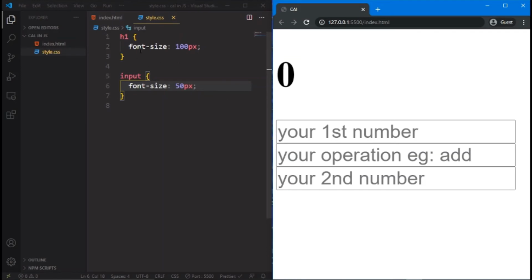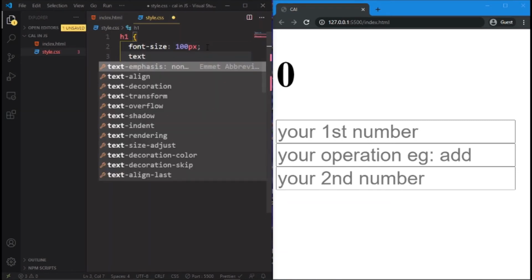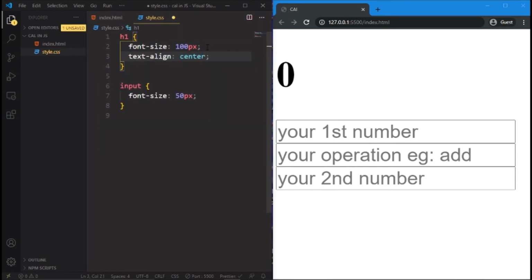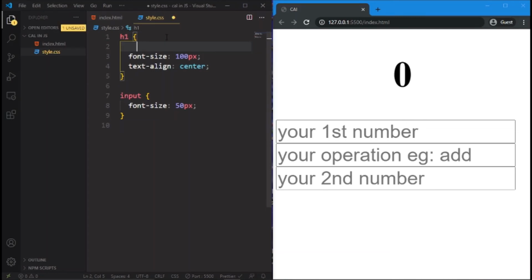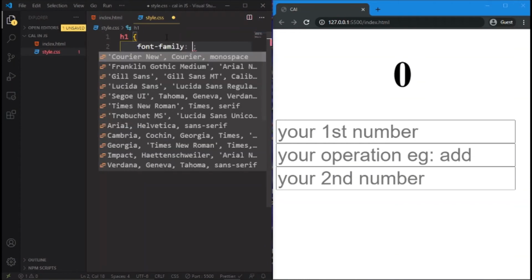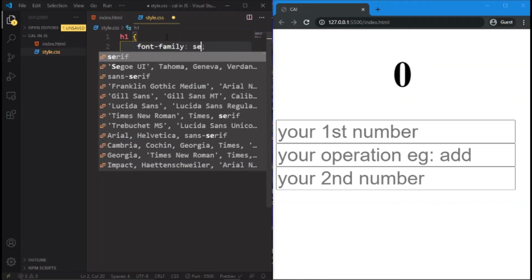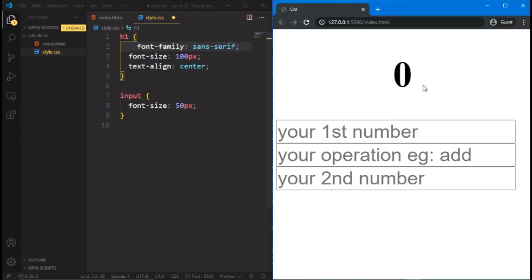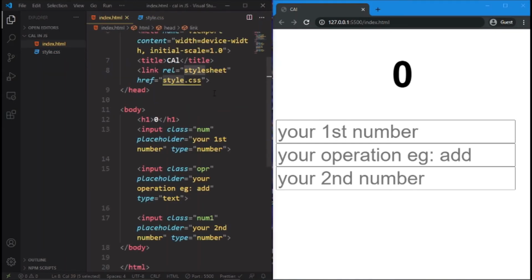It's enough, right? Yeah. Okay, and we'll align it. Text align center. Okay, and font family sans serif. Okay, and we'll go to our favorite part,